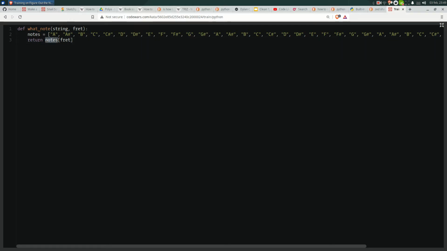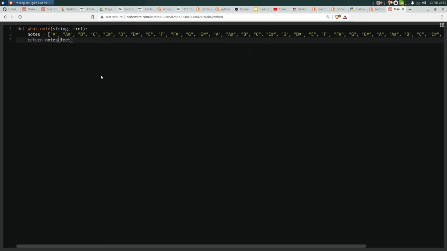So instead of right over here, instead of fret. So right now, what this code does, again, I may be over explaining it a little bit, but I feel explanatory today. So right now this just takes this whole list and just goes x times to the right, whatever this number is that we get over here. So we have to use this one, and we should say something like